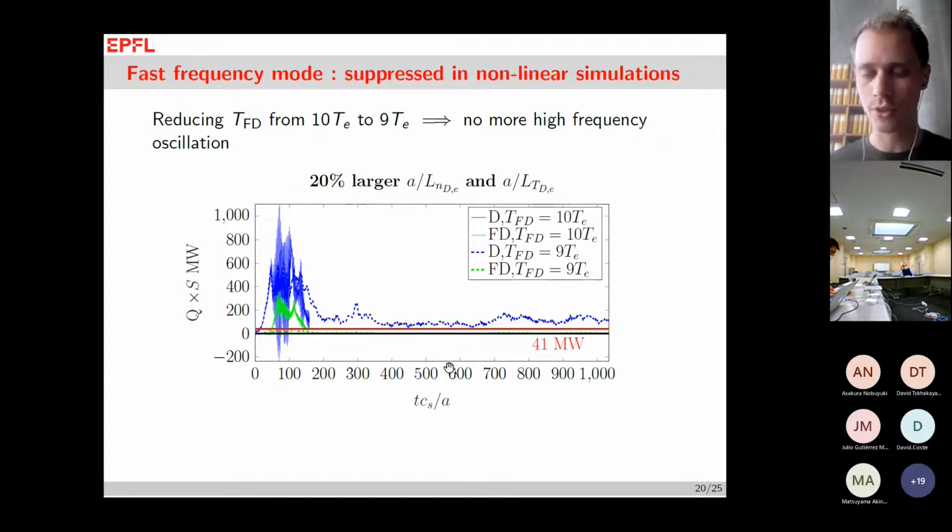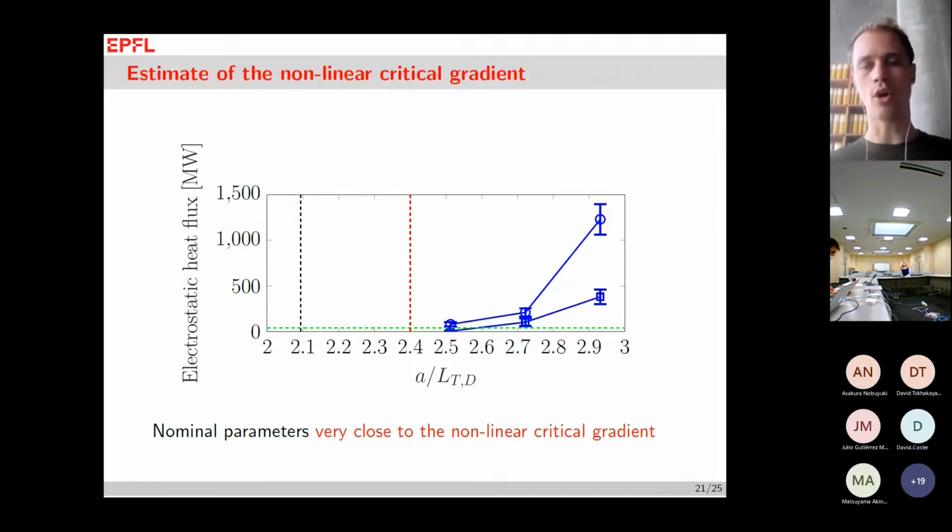In order to understand where is the nonlinear critical gradient for this case, we made a scan of the heat flux. We made a scan in fast ion temperature and computed the heat flux, and this gave us this result here. So the 20% increased heat flux that I showed you in the last plots gives these 2 points here at about 2.5. So clearly they are in the regime close to the critical gradients. If we vary the gradients to 30% or 40%, we see this sharp increase. So we have very stiff profiles. The nominal case is indicated by the dashed black line here.